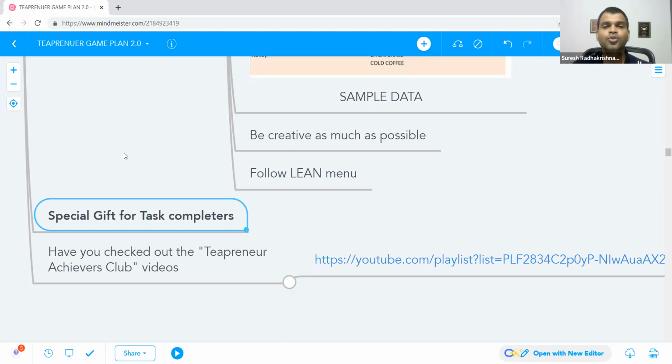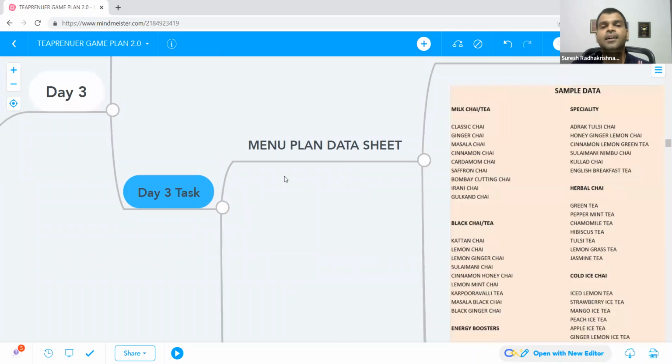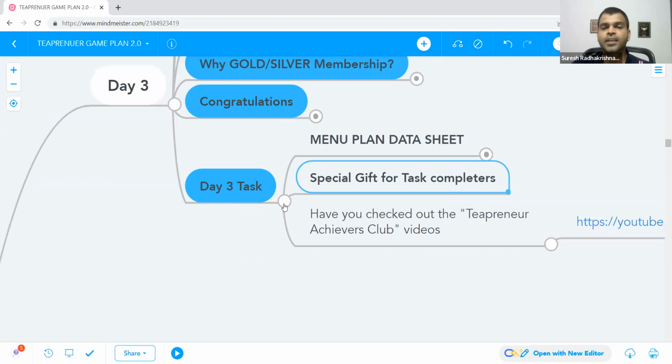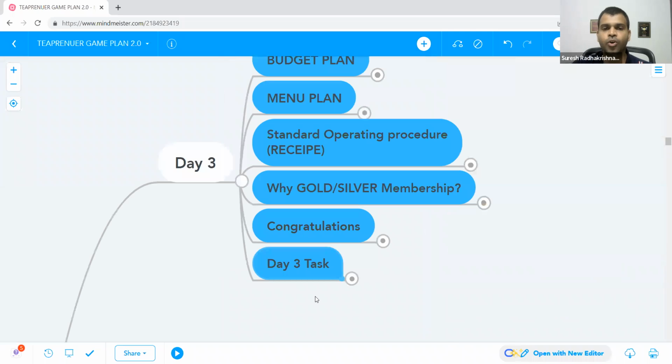So that's the day 3 task, and we all give the commitment to complete it. Type COM if you're committed to completing the task. I would like to see how many of you are really committed. I know I'm asking you to type a lot of keywords, but I need to make this more interesting and interactive. Awesome. Great to know your commitment.